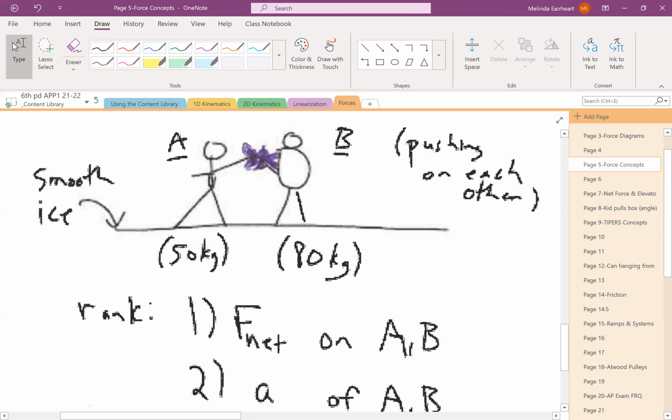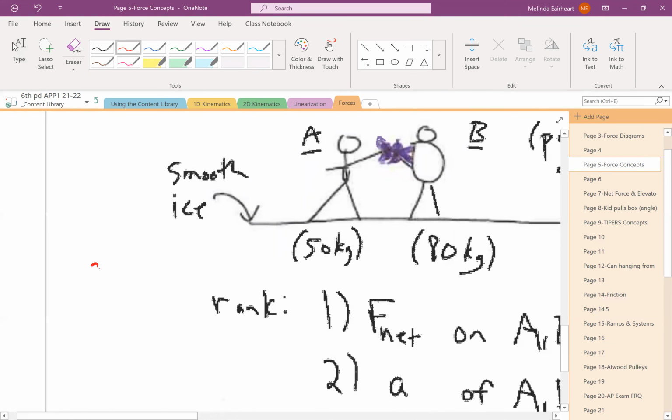Now here, it's person A, person B. Rank the net force on A and B. So who experiences a greater net force? Well, maybe we need to consider overall forces. So person A has what force acting on it? Gravity, right? We always have a weight. And so the gravitational force, there's a surface. So there's also a